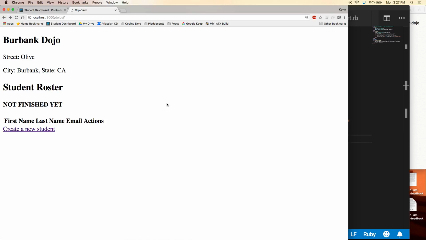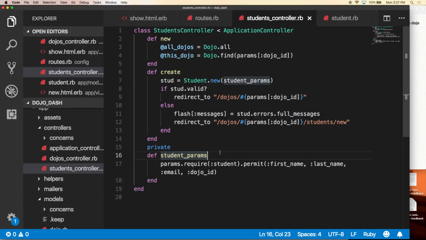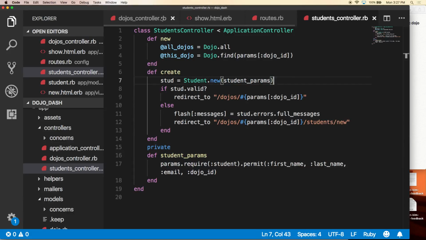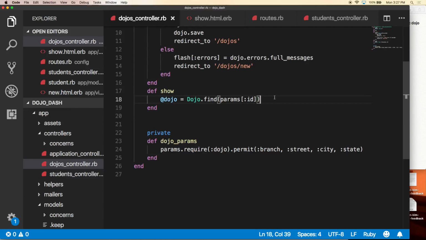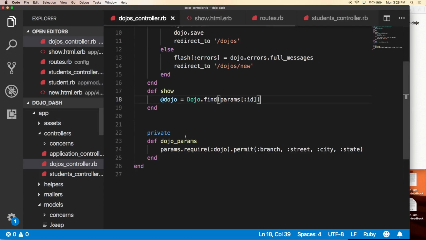Okay, so we don't have any way of checking if the dojo has been updated with that student. So let's go to our dojos controller and let's actually try to get all the students printed out. Okay? Yeah, that'll be helpful, right? That's super weird to me. Redirect to params dojo ID, students new. Anyways, so here,